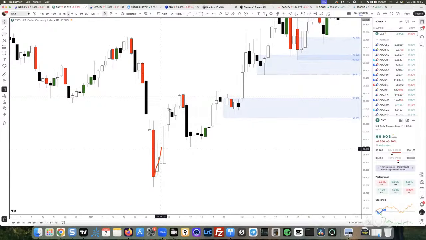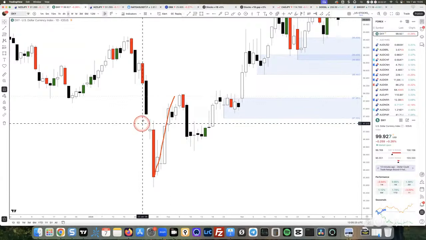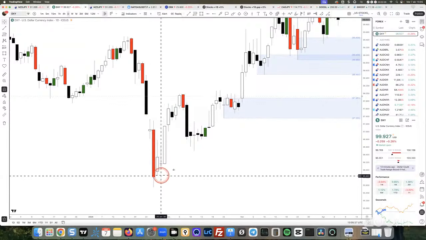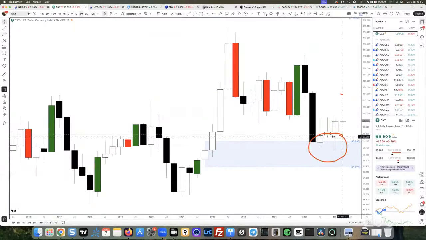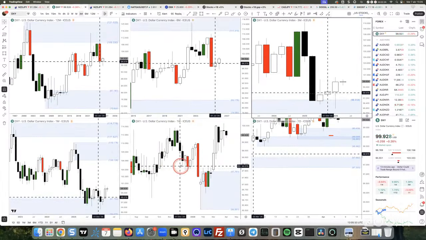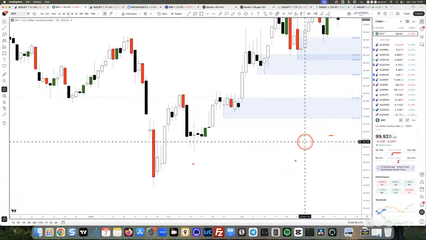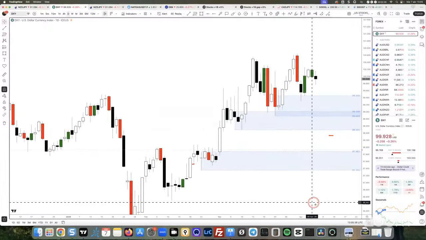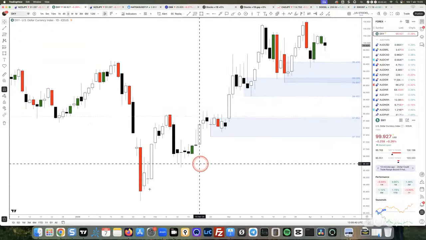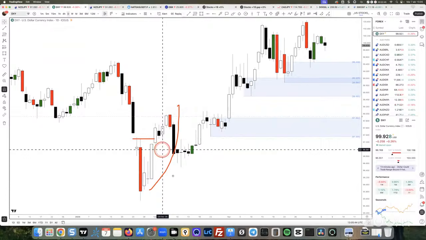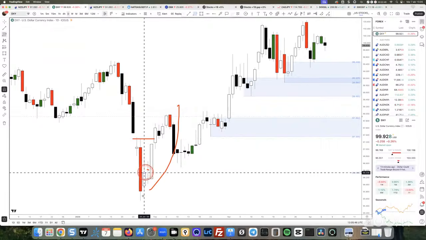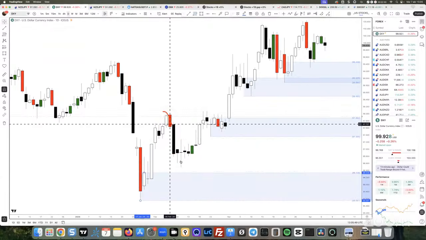A very strong impulse on the daily breaks this high. So now we should know that the 3 months average demand is in control. Knowing that, this is what happens. A very strong rally that breaks the highs on the daily and creates a new imbalance here in the daily. Price tries to reach it and it can't.